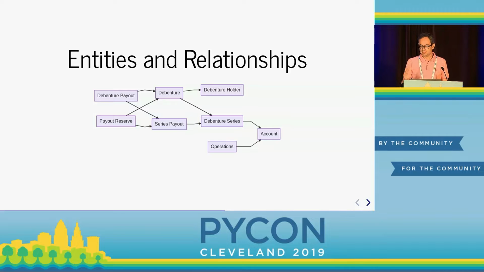And there is, for tax purposes, sometimes we don't actually distribute everything immediately to the debenture holder. We sometimes create a reserve of the principal amount so that we can pay premiums. We can pay all the principal first, and then we reserve some of the principal because the principal is not taxed. Only the premium is taxed. So we try to pay all the principal first and pay the premium later, so that the debenture holder doesn't pay as much tax. So we have this payout reserve that we do at the end of the price of each debenture, and after that we pay only premiums, and then we pay the reserve at the end. So